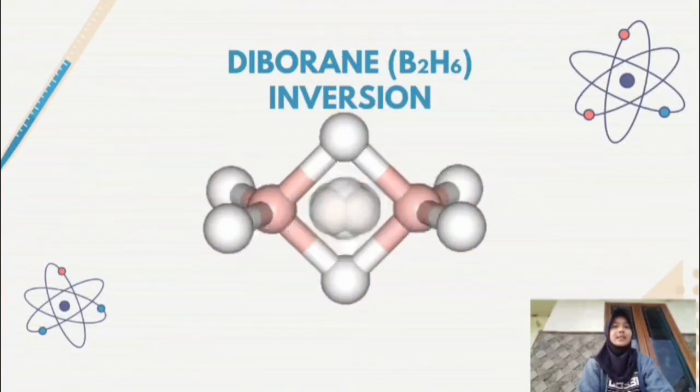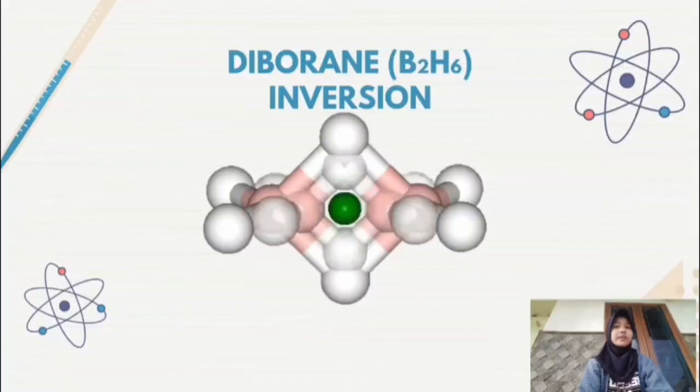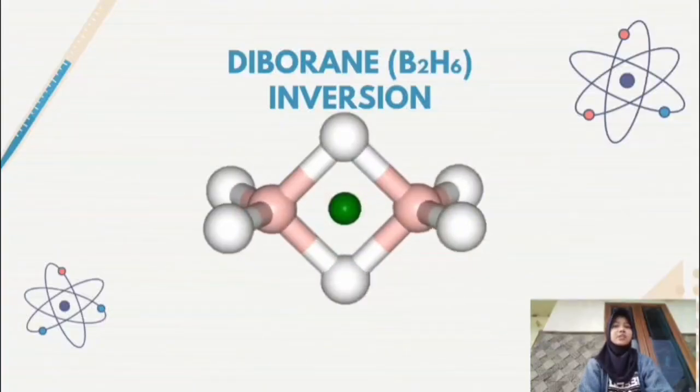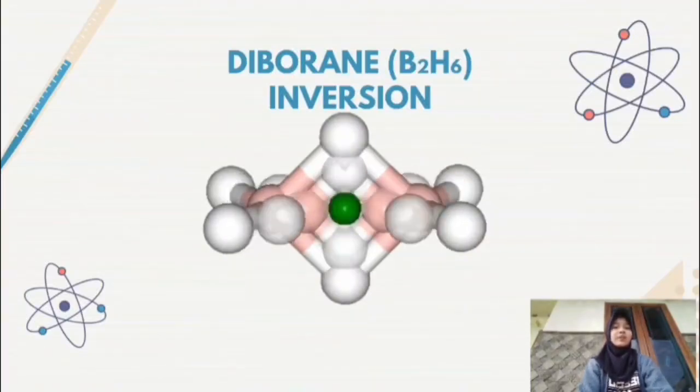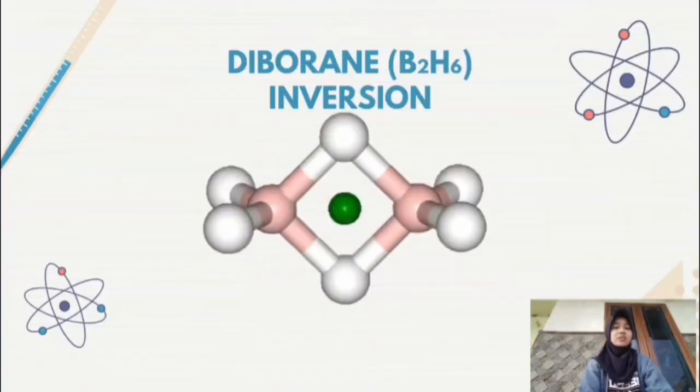Diborane has a center of inversion located exactly in the middle of the B-B bond. If each atom in this molecule is projected through this center point to the opposite position, all atoms will move to symmetrically identical locations, where the bridge hydrogens swap their upper and lower position, while the terminal hydrogens swap their left and right position. Because all atoms find their symmetric pairs through this center point, diborane satisfies the inversion operation.